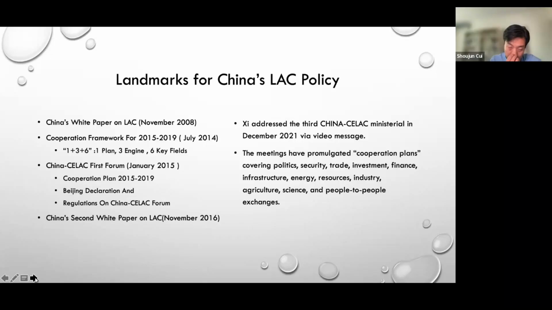The China-CELAC Forum became a mechanism for steering the China-Latin America relationship in general. And in 2016, China's second white paper on Latin America was issued. This paper has a lot of substantial improvement compared with the former one. So 8 years later, China gradually produced a deeper understanding of the region, and China